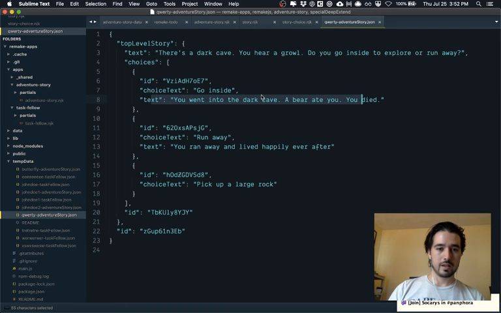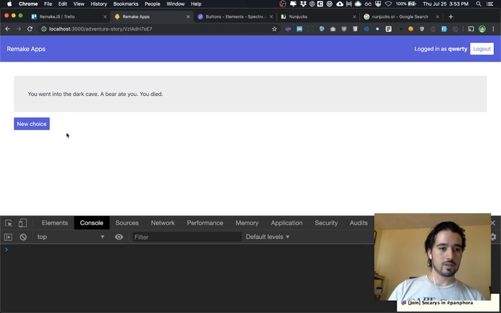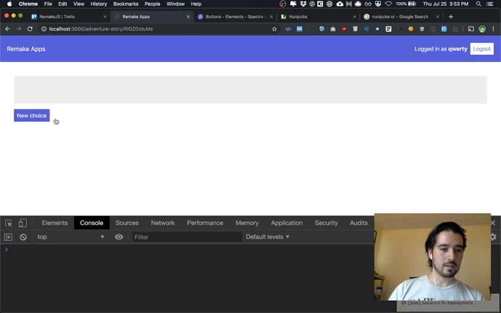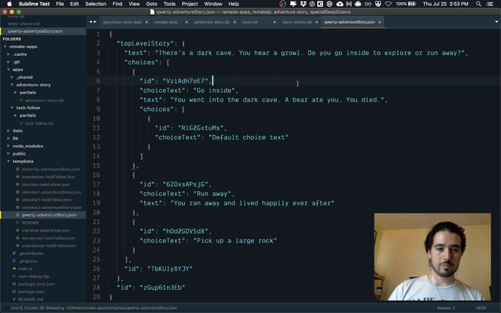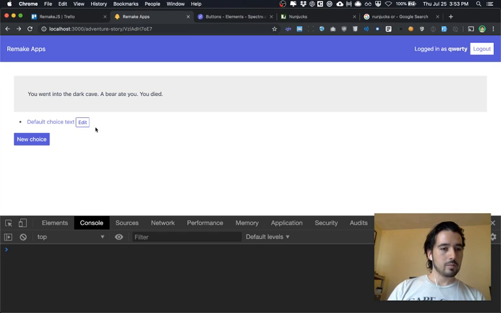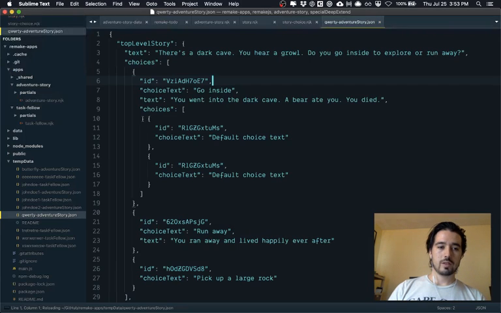You went into, but this doesn't have any choices yet, right? Nested choices. So let's create a new choice. And then, oops, wait. Oh, that was a problem. Okay, but yeah. But now I have a nested choice, but I didn't have an edit button at first, right? So I created a new choice and I didn't have an edit button. So that's a problem with the